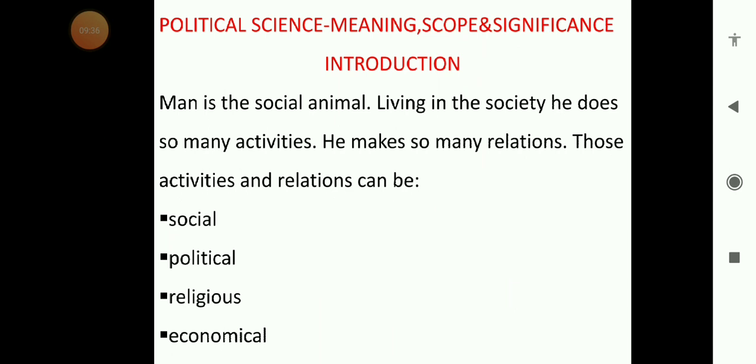Our chapter is the first chapter, political science: meaning, scope, and significance. Let me introduce the topic. We are social animals. Man is a social animal. We live in society, right? We do not live in the jungle. And while in the jungle, who lives? Animals, right? Or saints, or the dacoits, the dakus, or the Satan, right? Living in society,